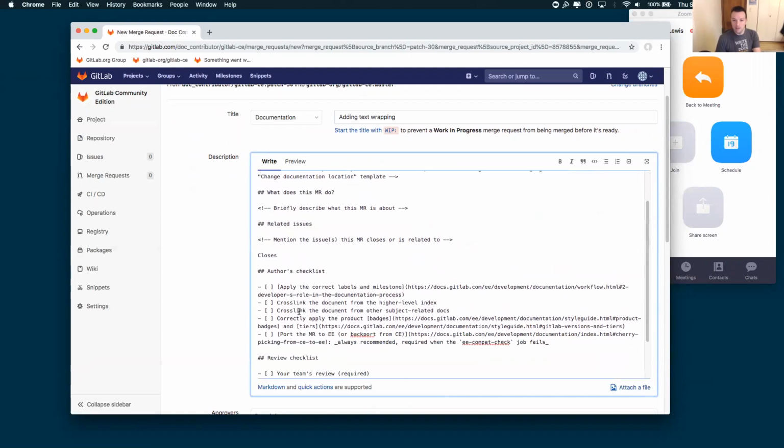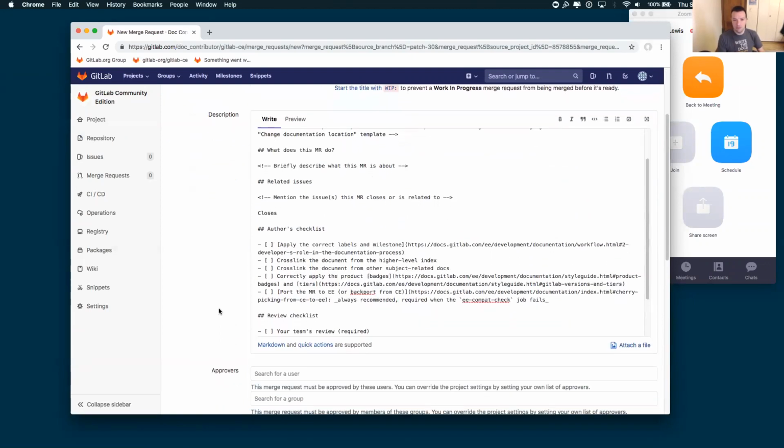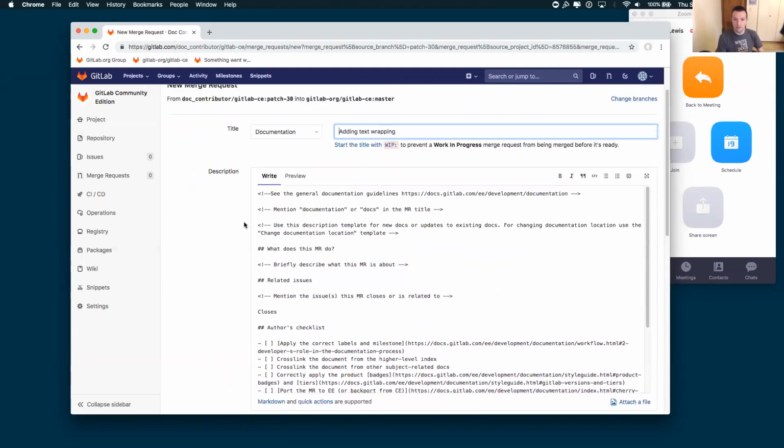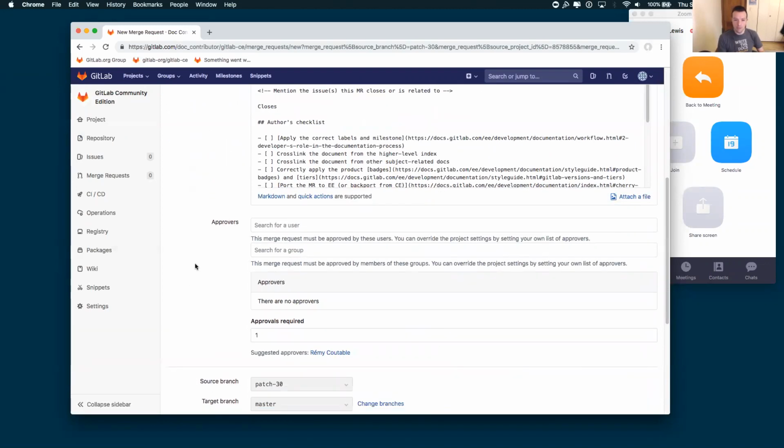And you can start this out as a work in progress and then work on these checkboxes later. Most of these actually won't apply if you're a contributor, or if you know you're about to submit this, you can just leave it without WIP for work in progress. So I'm just going to scroll down,